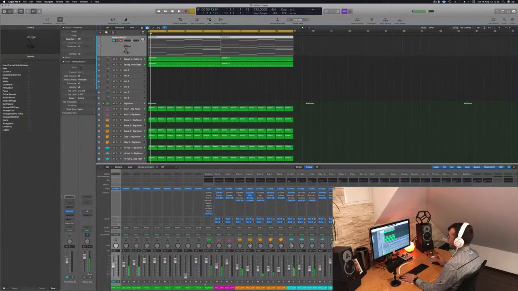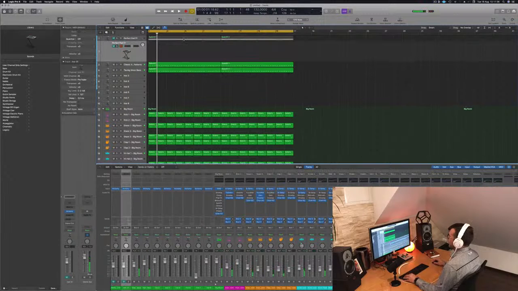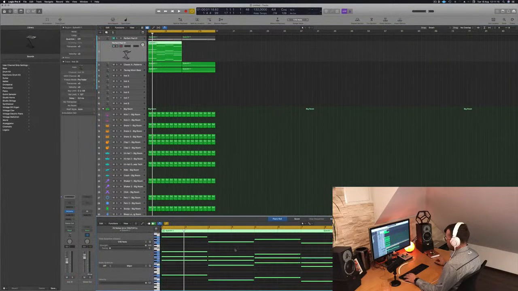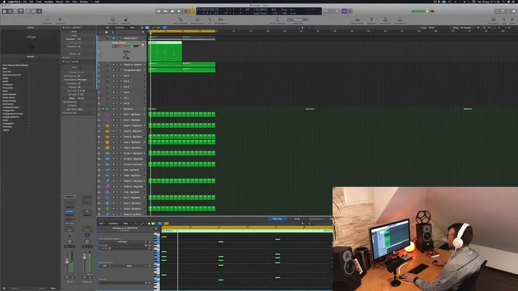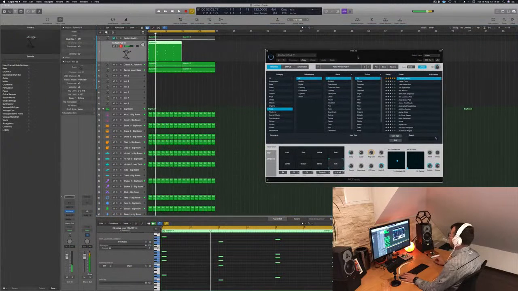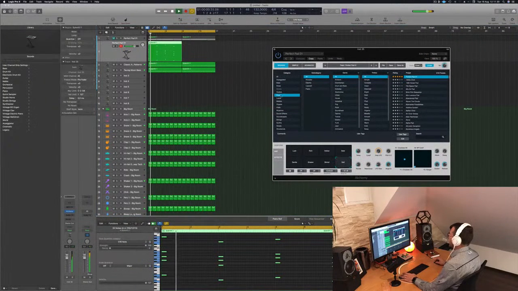So what I feel like doing now is some hit elements, some keys, or you can call those stabs or keys. So I'm gonna use this pad here. I'm gonna take my chords, do that here, bring it. I'm gonna take just the hit. So I don't want the full length of the chord because I want the hits. So I want every bar to start with a hit. I'm going to do that with some keys here. I'm not sure if I'm going to get exactly what I'm looking for, but